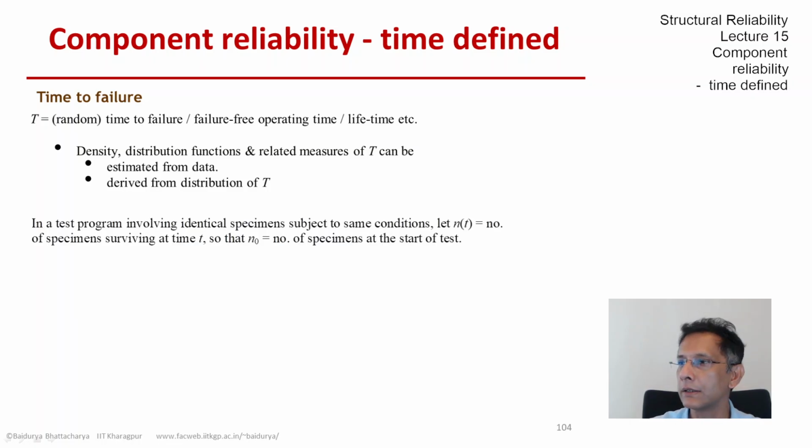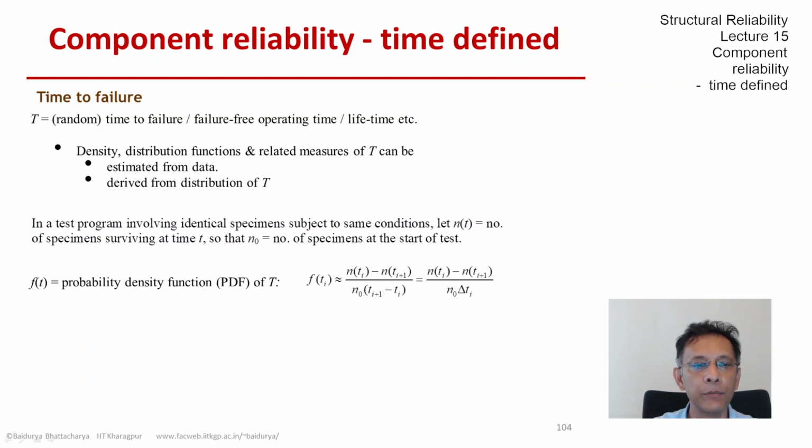So let's say there is a test program in which we start with N0 identical specimens, and then we observe as a function of time how many of them are surviving. So N(t) is the number of specimens that are surviving at time t. So the density function of the random variable T can be derived, approximately estimated from the data in terms of